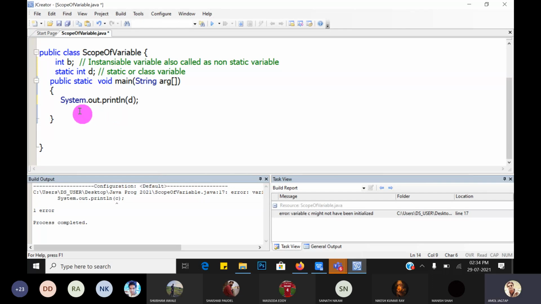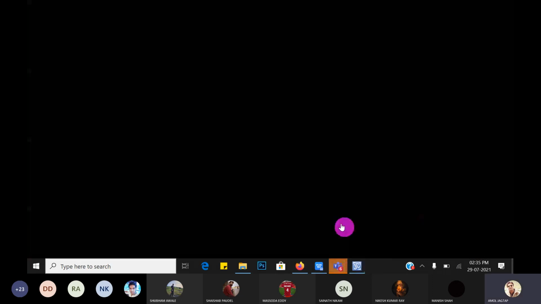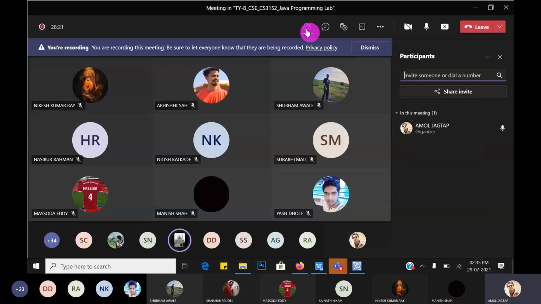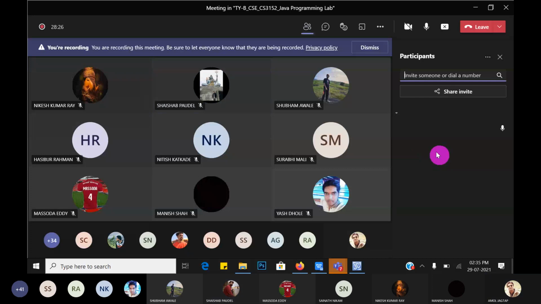Now tell me, inside the main function I write System.out.println, which calls the println method to display the value of d on the console. So guys, what is the output of this program? Does it give an error? Does it give a syntactical error, or does it give a value?